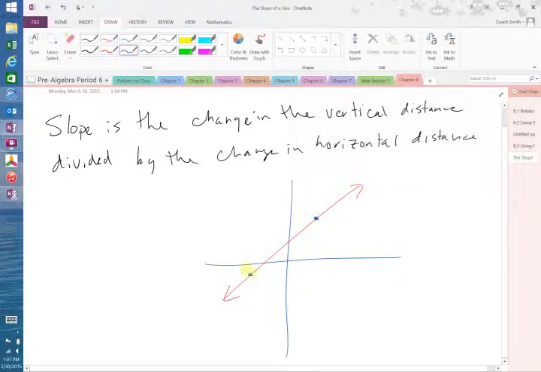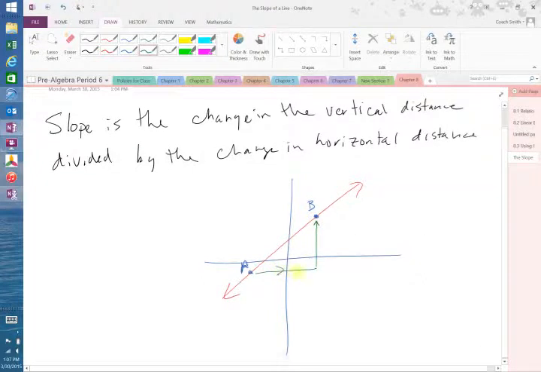Call it point A, point B. What they want to know is what is the change to go from point A to point B. In other words, they want this distance right here. And the change in that distance, which we call rise over run,